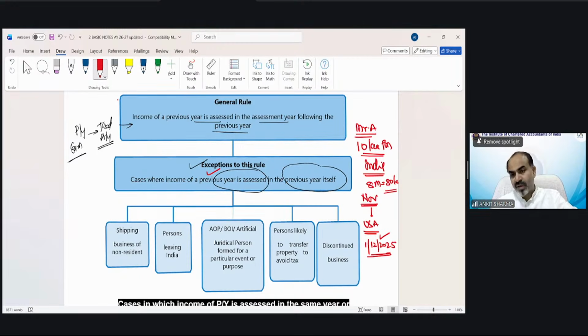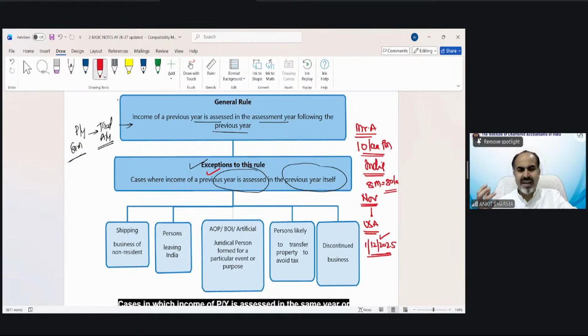He will say, this is 80 lakh and this 80 lakh I have earned in this year. So technically this is the previous year of my income. So I will come in the next year, in the assessment year, as your rules are like that, that assessment year would be the taxing year. So my previous year is this year, 80 lakh, I will pay tax on this 80 lakh in the next year. I will come next year and I will pay tax. So if the government or income tax department allows him to leave India without paying tax, they are expecting him to come back and pay tax next year.